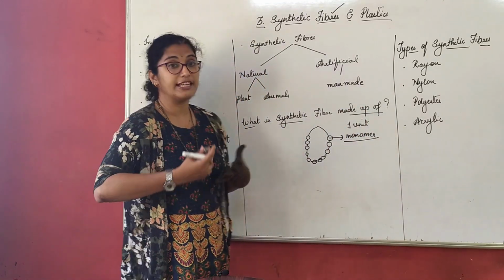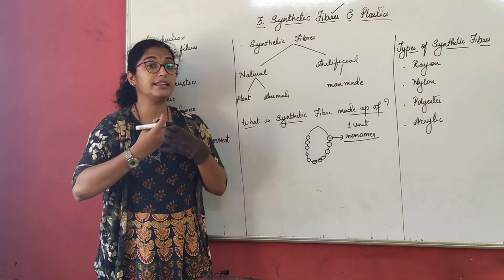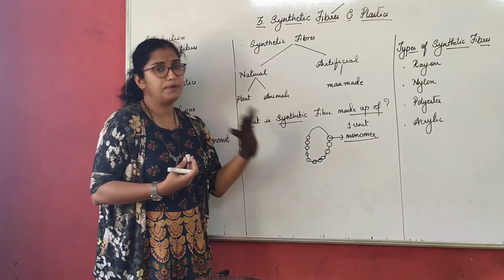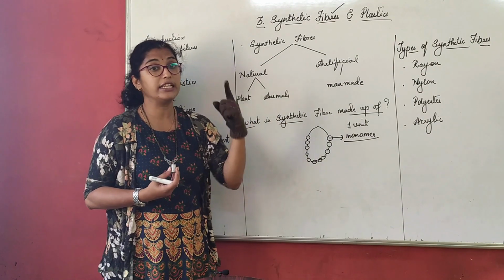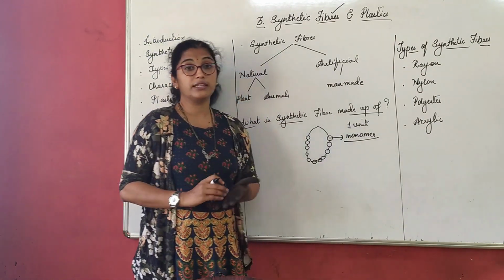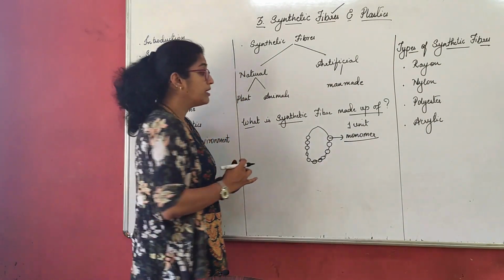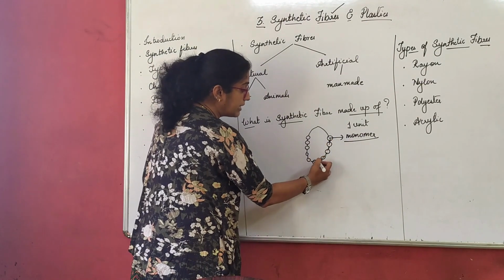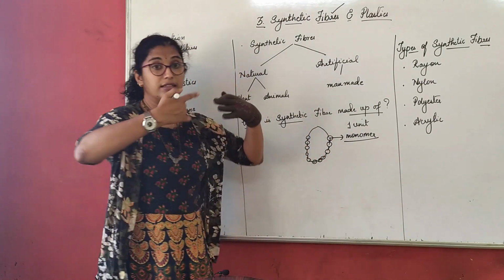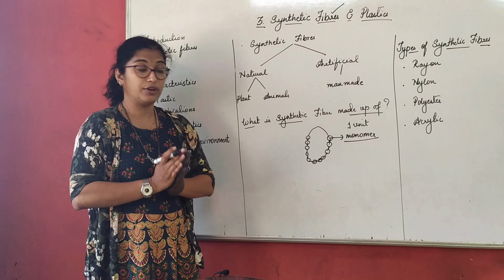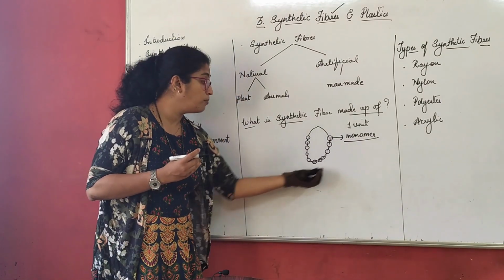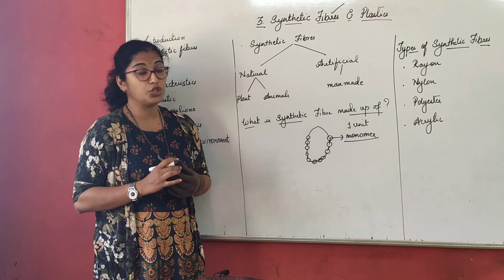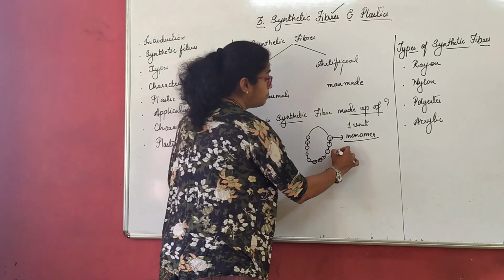Now we cannot call that a pearl. Pearl set was just an example to give you. Beads also we can say. So each bead here represents one unit. That one unit is called a monomer. Many such monomers are interlinked or joined together to form one chain, right? So monomers combine together to form a chain-like structure which is called a polymer.